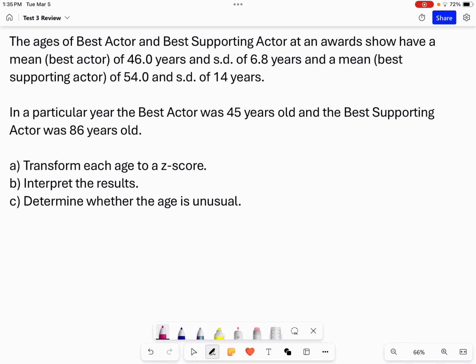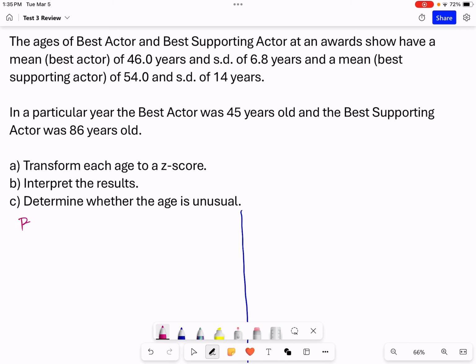You'll have a question like this, which is actually a question that you had on test 2. This one, I kind of put 2 questions together from the section 2.5 homework, just so we can go through a couple of examples. And for this one, we've got that the age of Best Actor and Best Supporting Actor at an awards show have a mean for the Best Actor of, and I'm actually going to go ahead and split my screen,